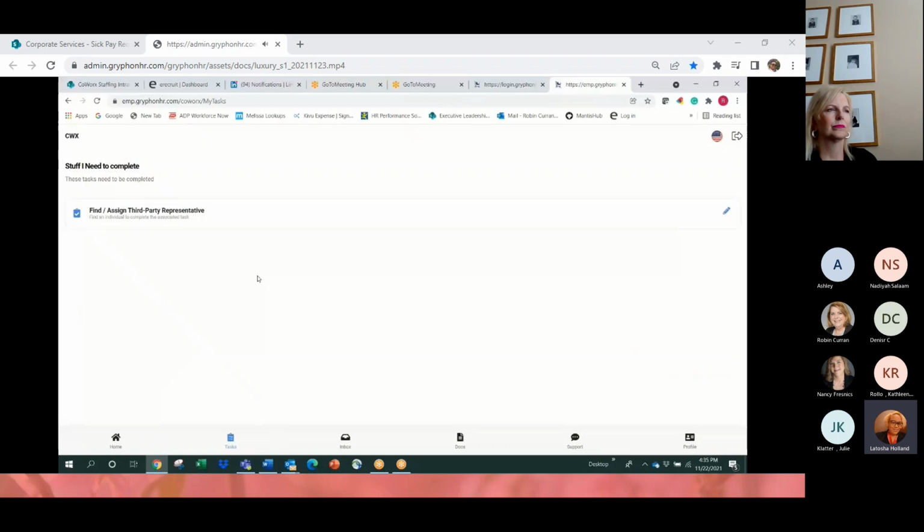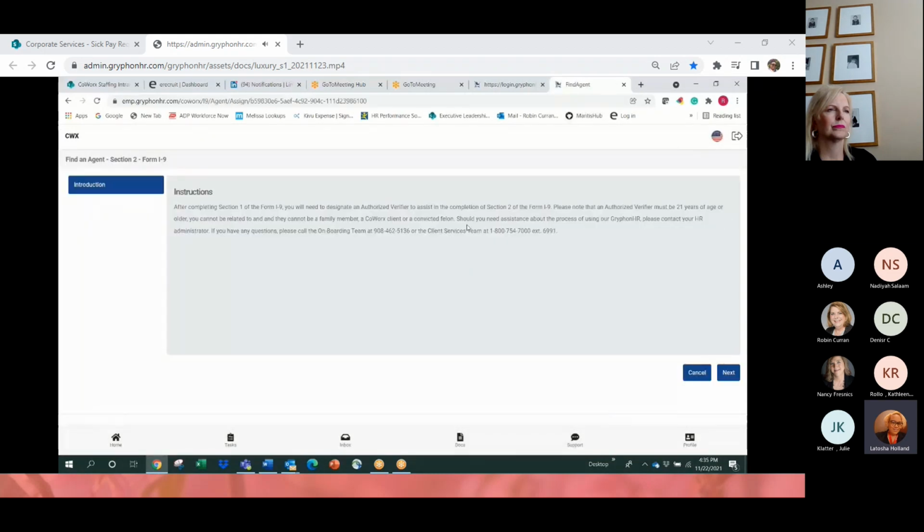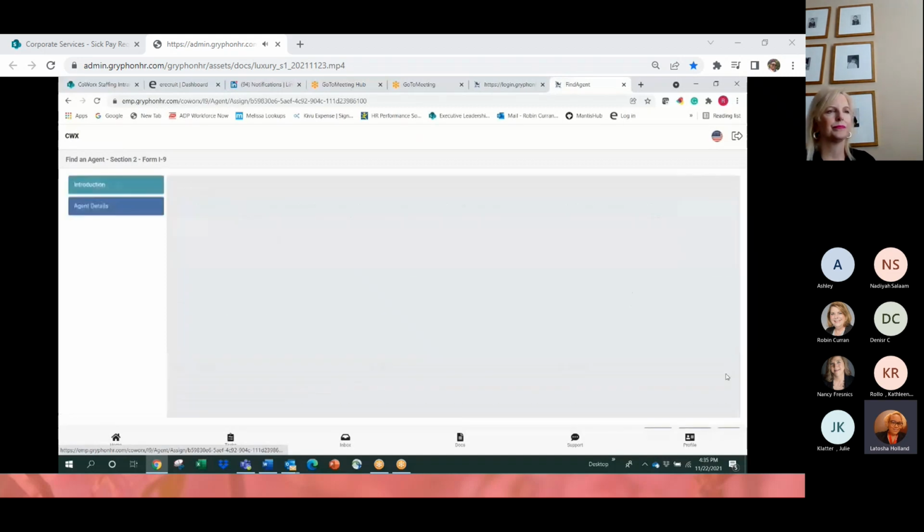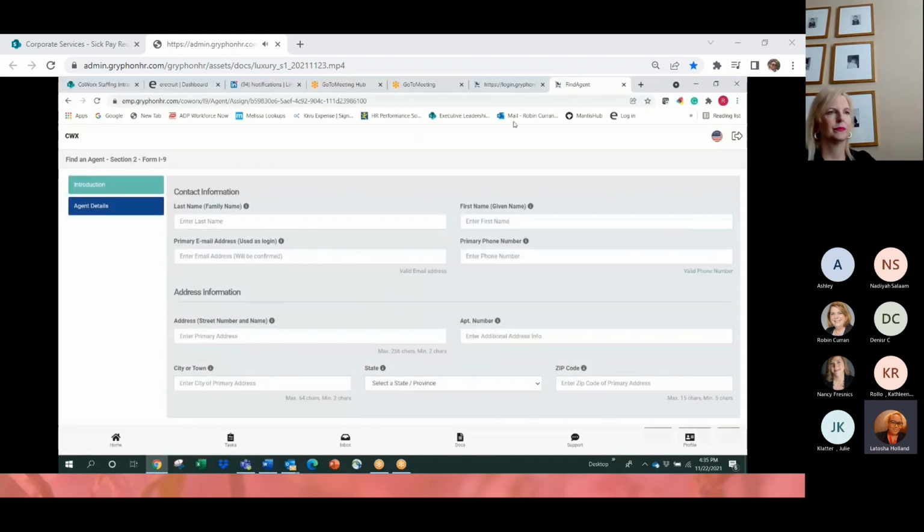And now it's going to take me to the last task that I have to do, which is assigning my third-party representative. That's what I need to do in order to go on to Section 2. So again, it just repeats the criteria that the person needs to be at least 21 years of age or older, cannot be related to you, and cannot be a family member, a co-worker, a client, or a convicted felon. So I'm going to click next and type in